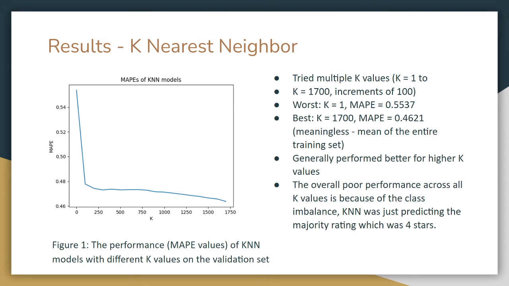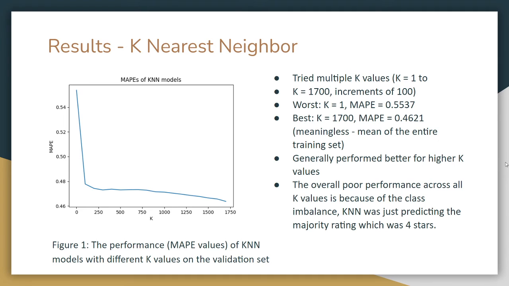I plotted the performance of KNN in comparison to different Ks that I assigned, and I did 1, then 100, 200, so increments of 100. And you can see what happens to the MAP value. For K equals 1, unsurprisingly, MAP is really bad, 0.55. And the best, which is K equals 1700, the MAP is 46%,